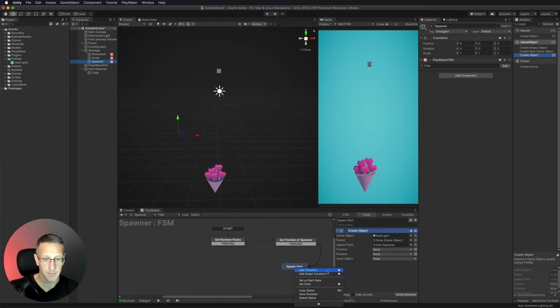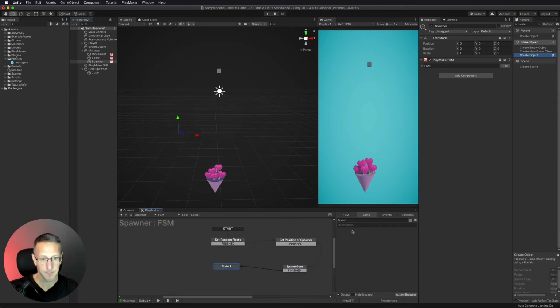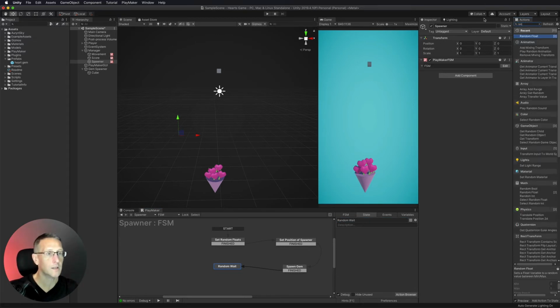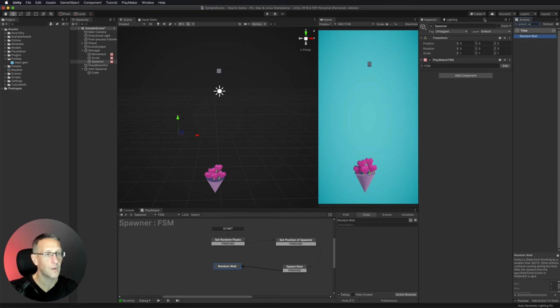And then once we're done doing that, we need to wait for maybe a random period of time. So I want to go add transition of finished. We're going to go to a short wait and random wait. Again, these are just names for the states. And let's go and set up a random wait. So random wait. Here we go, random wait.